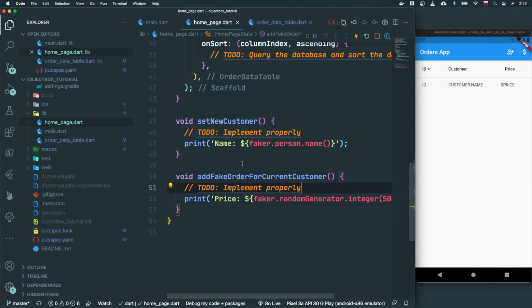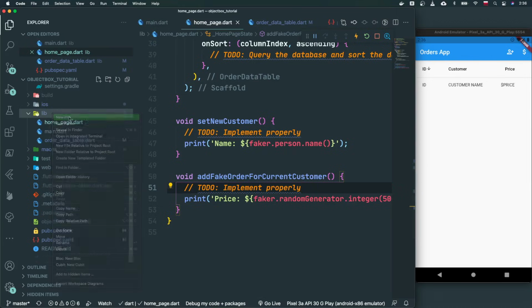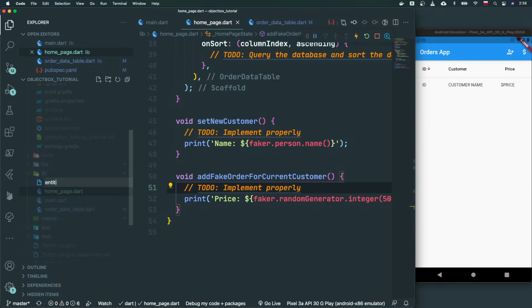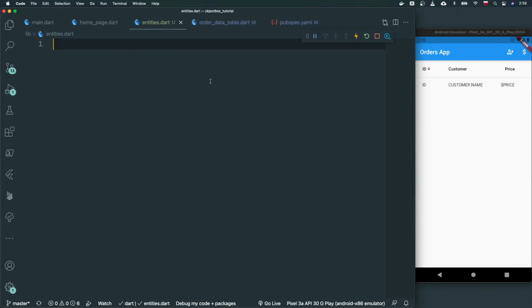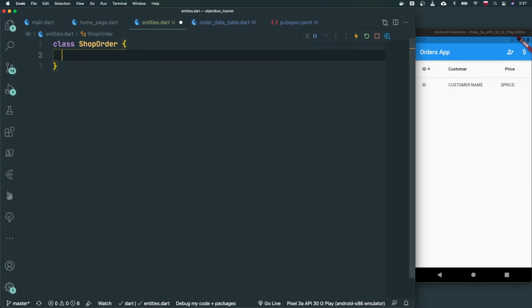We're going to have two of them in this project. One is going to be a shop order and the other one is going to be a customer. So let's create under the lib folder a new file, call it entities.dart, and we are going to create first a class shop order. This is going to hold a price,